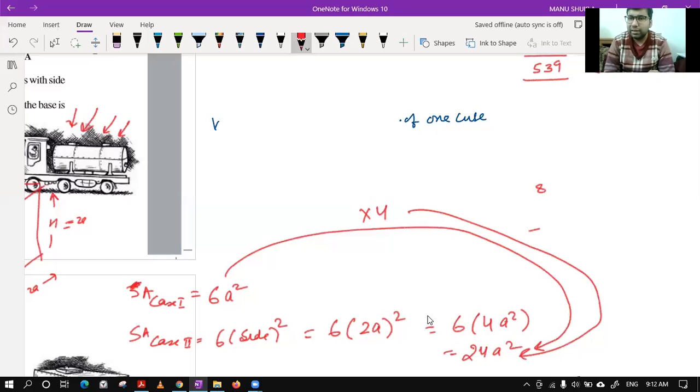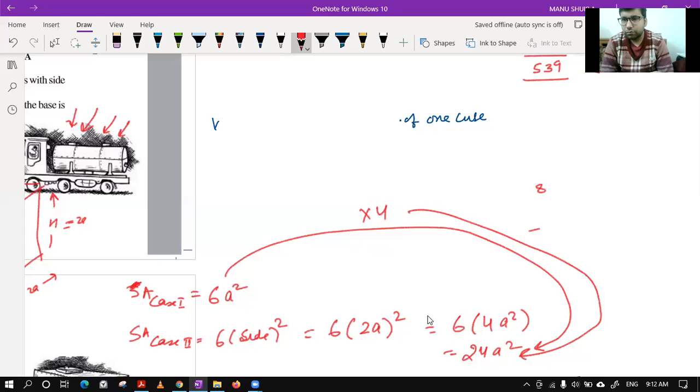So can we say that surface area increased 4 times of the previous case? We have made the dimensions 2 times and we have got the surface area increasing 4 times. Class, please confirm using P and R. If this is clear, type P, please.